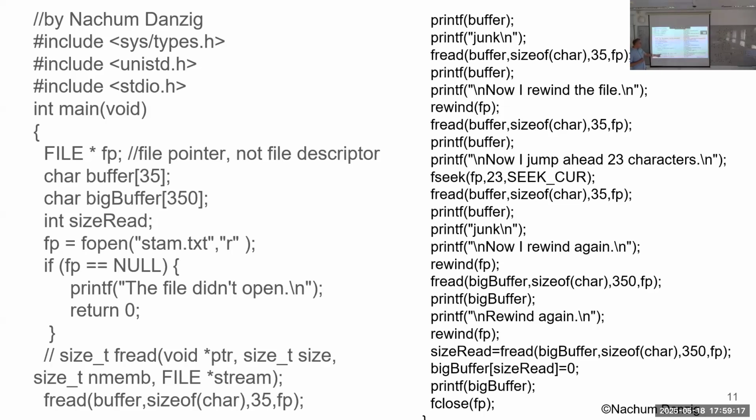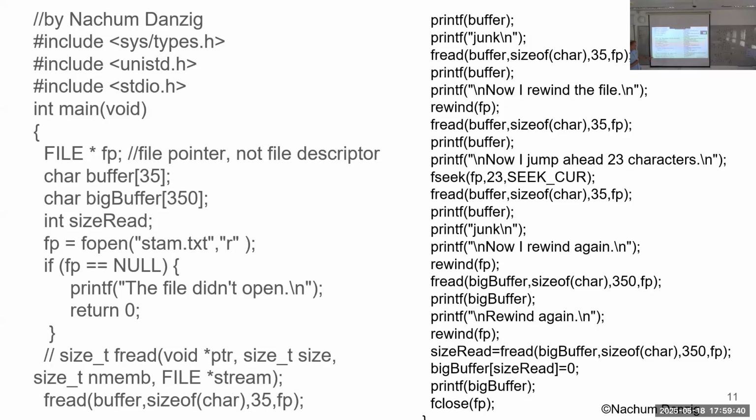Oh, I'm here, no, this is commented out, what is this? This is the prototype. If you want to know how to call the function, you have to look here. This is how the function is defined. It returns a size_t, which is an integer. It takes a pointer, a void pointer, any kind of pointer. It takes a size, which is an integer,